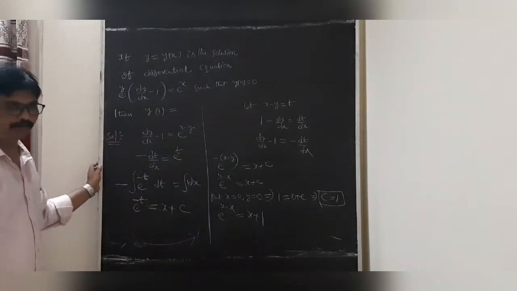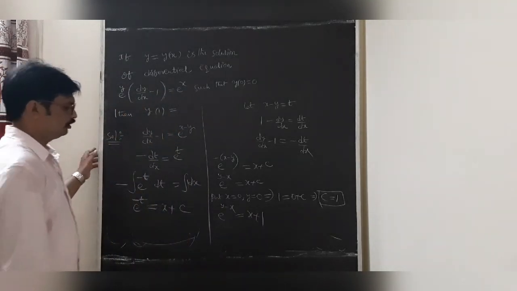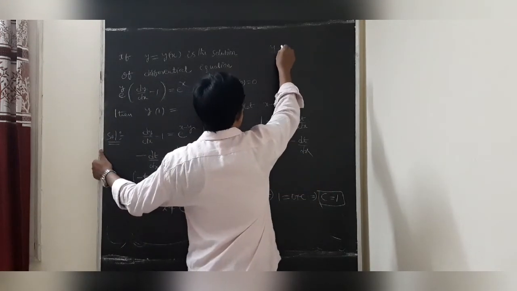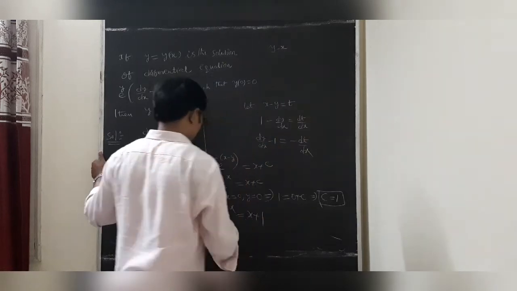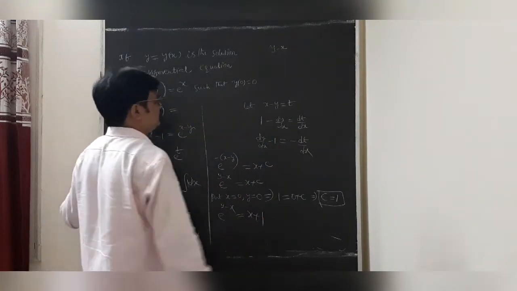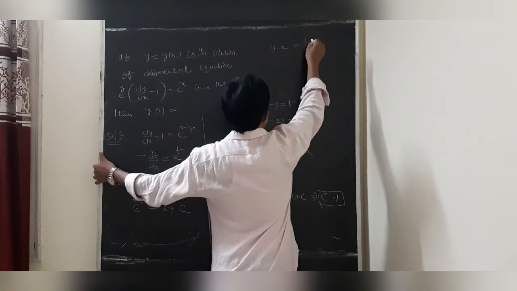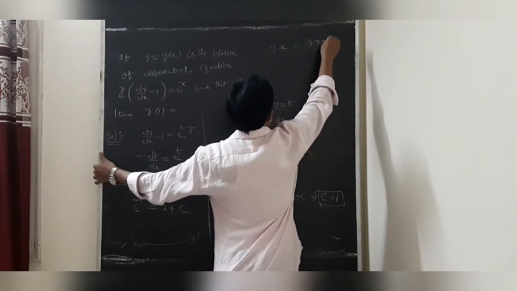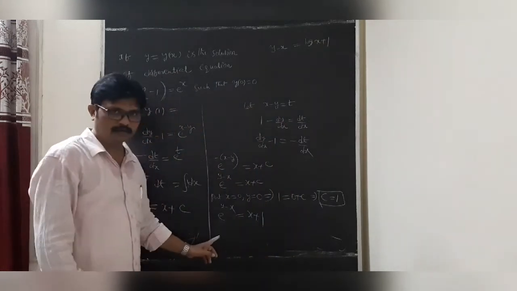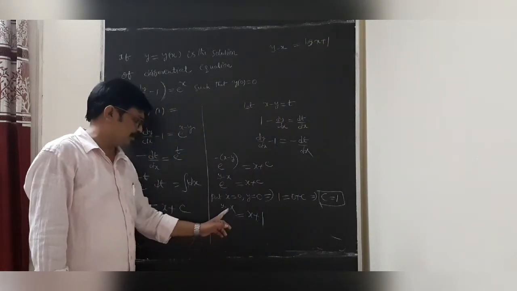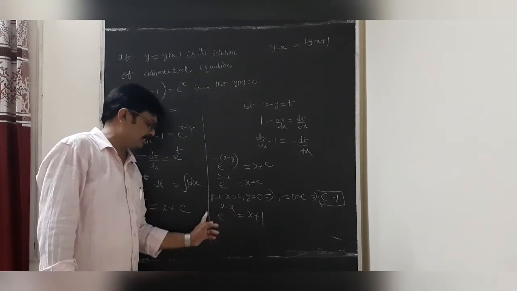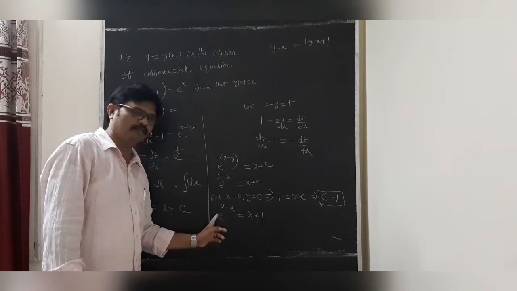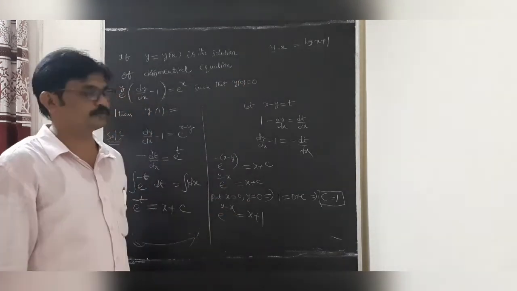Dear students, now apply the log on both sides. When you take logarithm on both sides, y minus x, so log e is 1, equals log of x plus 1. Applying log on both sides, log e power y minus x gives y minus x into log e, since log a power m is m log a. So y minus x times log e value 1 is log of x plus 1.